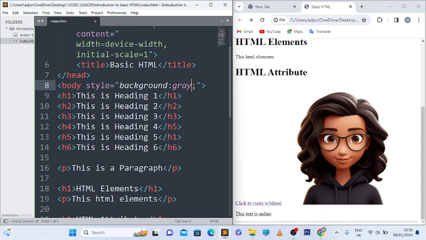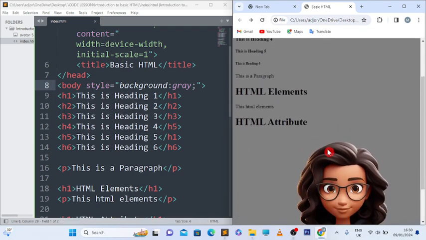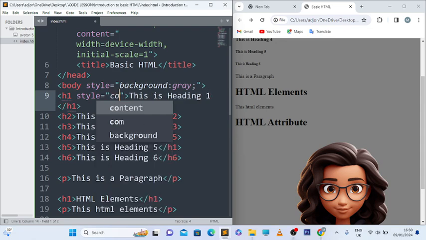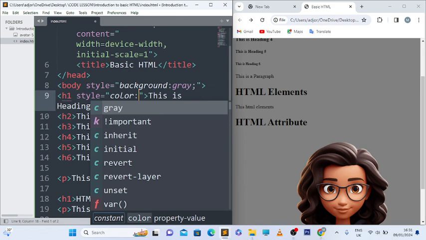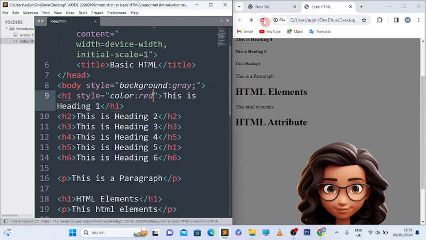I like gray color too much. So when I hit here, our background has to change. It's just fun. The same way we can change the color of the text: you can say style, color, and here we can make it maybe red. All right, so when you style,